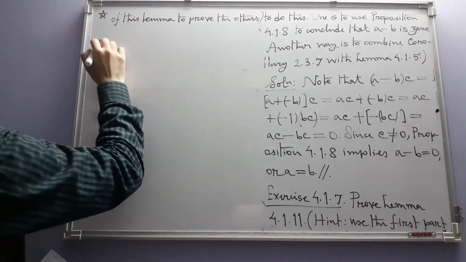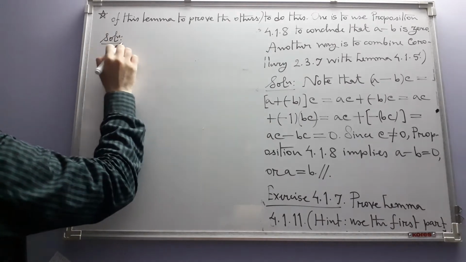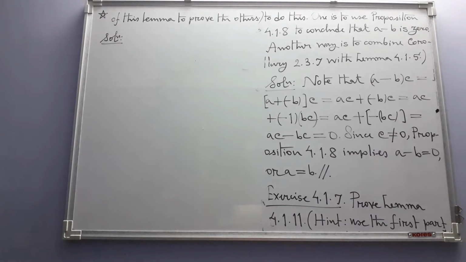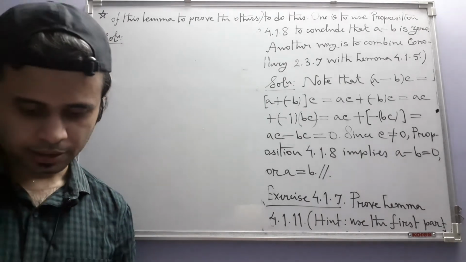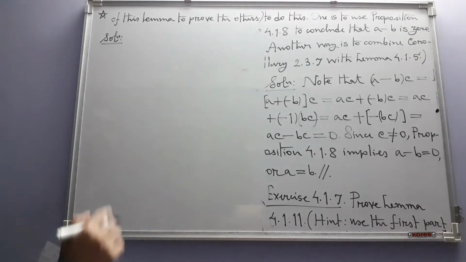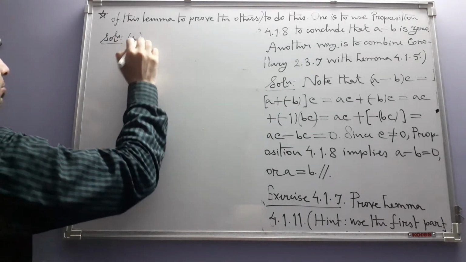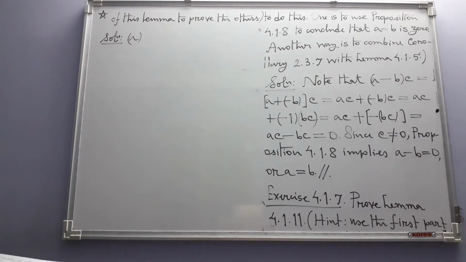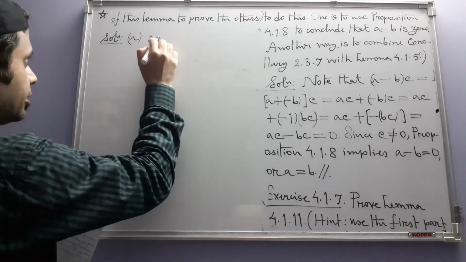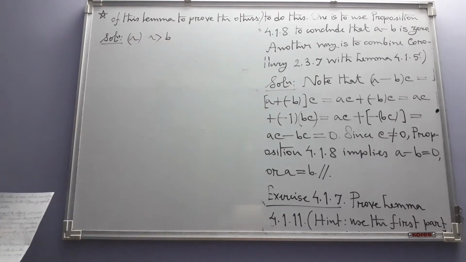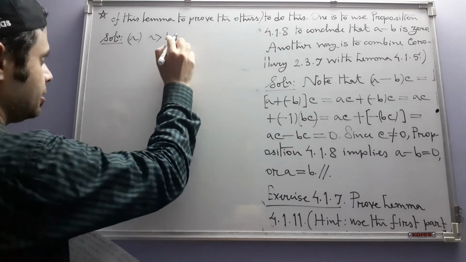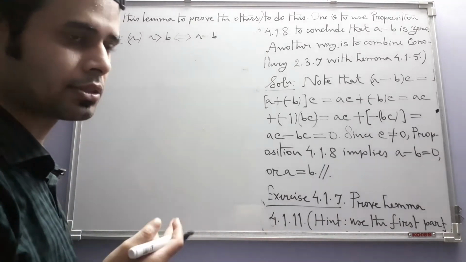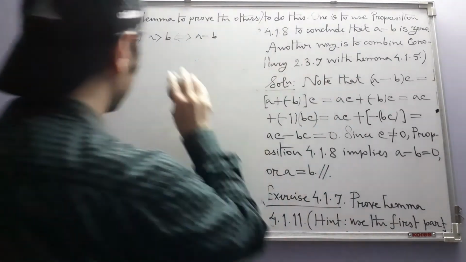Okay, so we have to recall what the statements were. The first one I think is, we use that same numbering of the subdivisions or parts we have. Here we have to prove, a, b and c are three given integers, a is greater than b if and only if a minus b is a positive natural number. That's what we have to prove in this one.